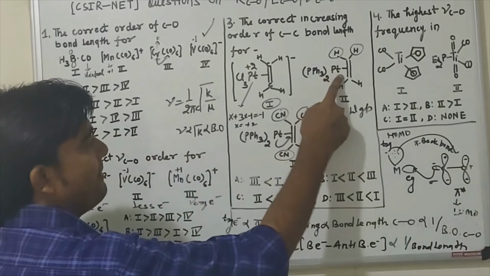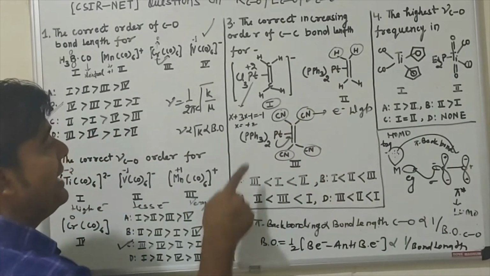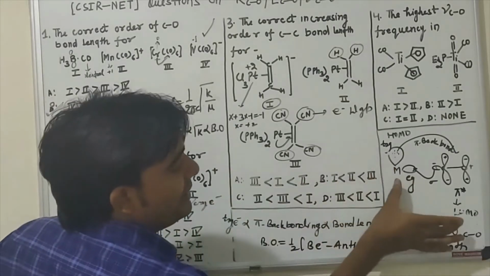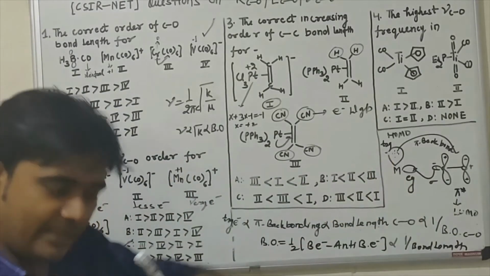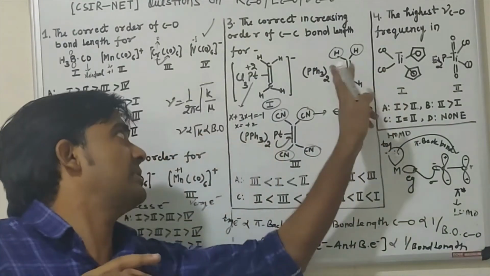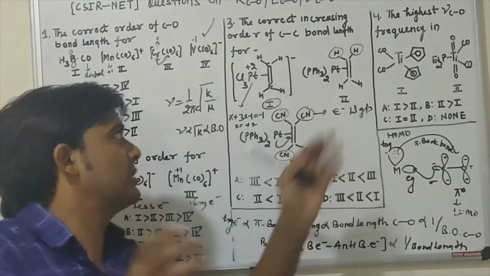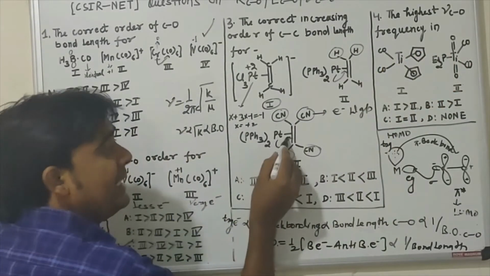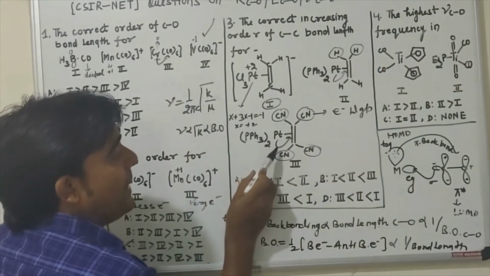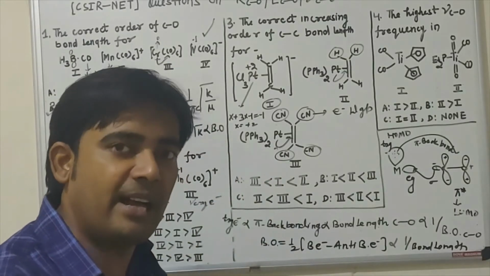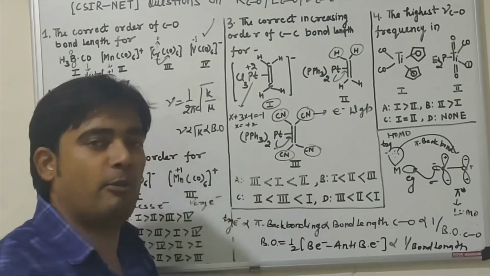So in this case and in this case, what is the difference? Here there is much more pi back bonding, because LUMO and HOMO are both almost near, so electron density transfers easily as compared to this. It is neutral because pi back bonding is also possible here. And here also, but here pi back bonding will be fast and the extent of pi back bonding will be high. The reason I have already explained.